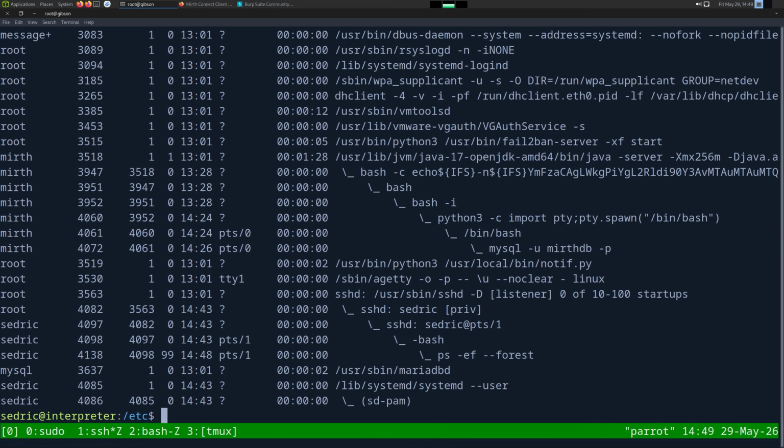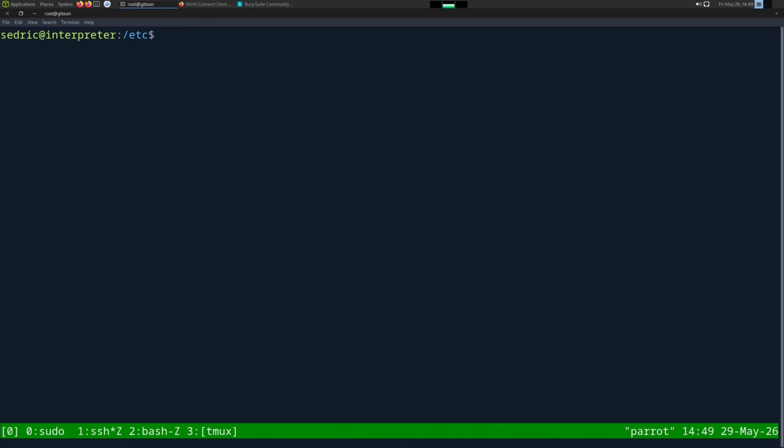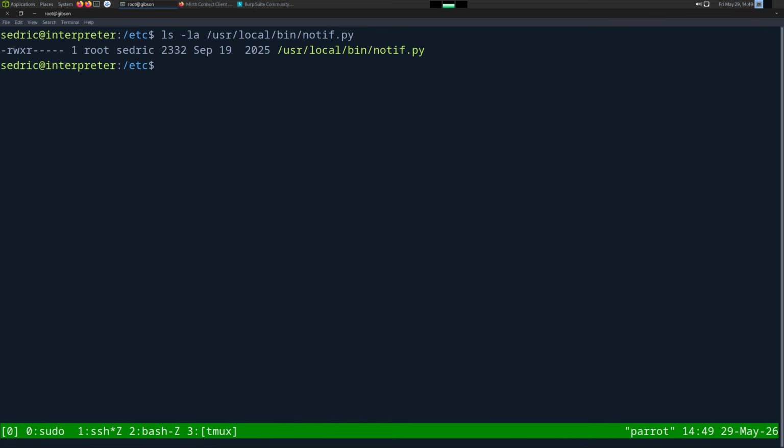Anything else? No. So let's look at this file. We'll do ls -la on it. We can see it's root owned and the group Sedric can read it. If we just did a find . -group Sedric, and again hide error messages, we need to do